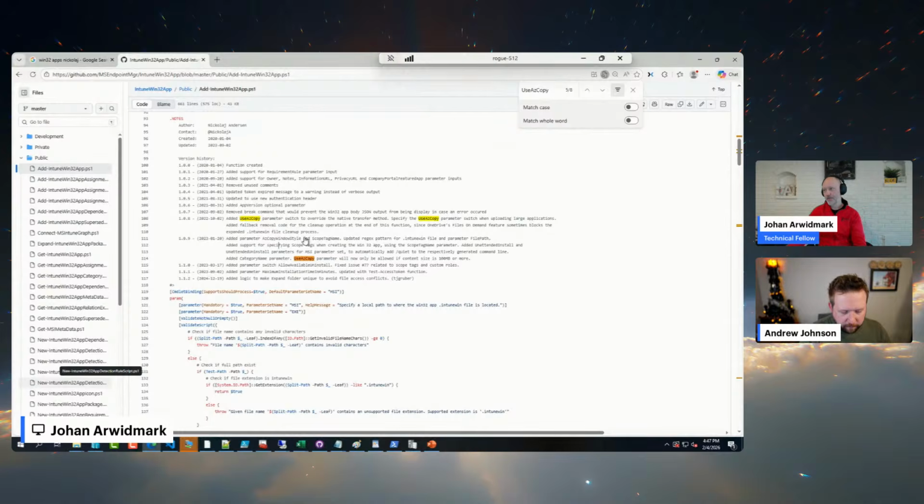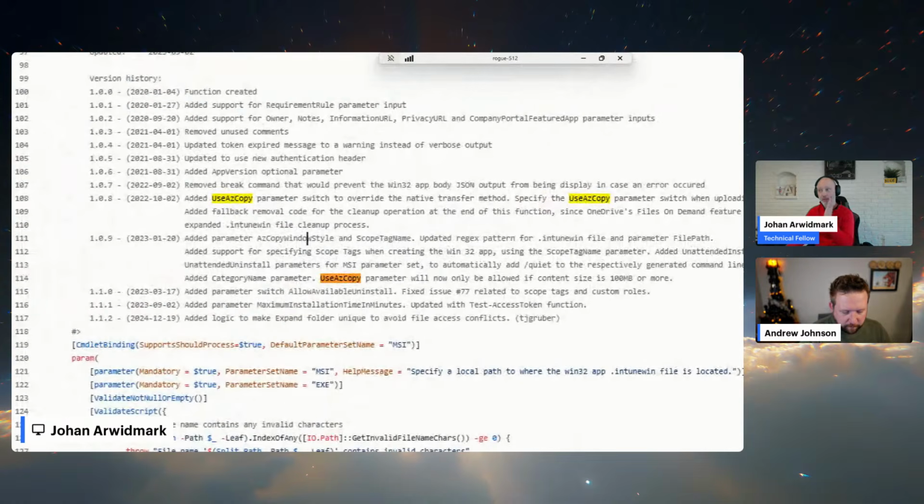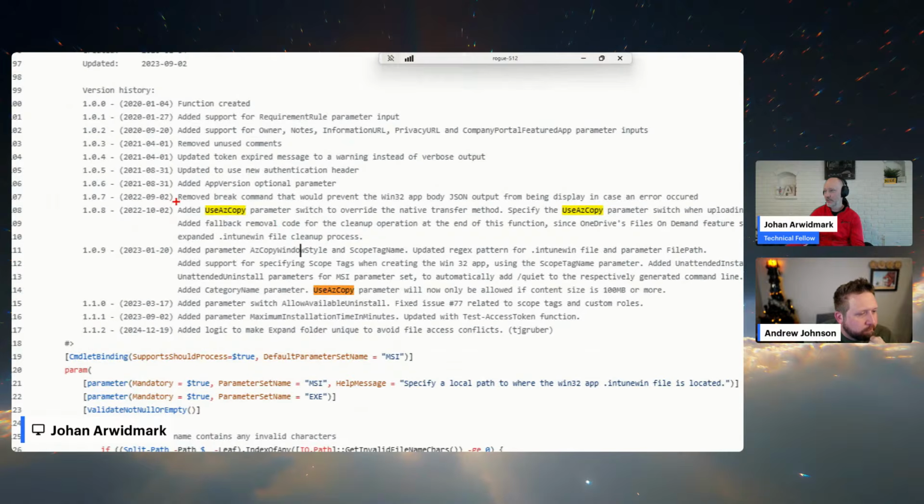So if you're uploading really large applications to Intune, and by large in this case, I actually mean above a couple of 100 megs, sometimes that upload will time out, but it will definitely time out when you start to upload applications in the gigabyte size, multiple gigabyte size. I've been uploading apps in like the 20 gig range, and they will time out. So back in the day, Nikolai added in this use of